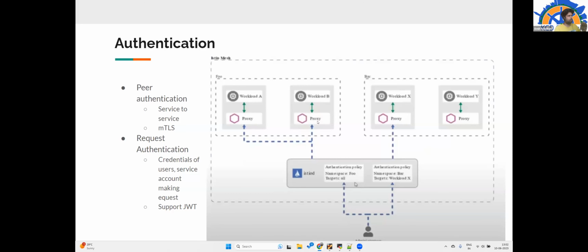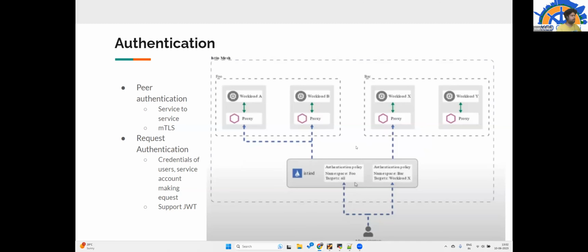In both scenarios, it logs it as an audit log, which is exposed outside as an observability point. So this is the complete authentication flow inside Istio.